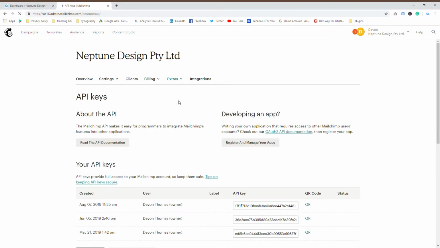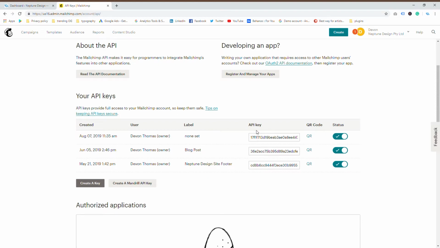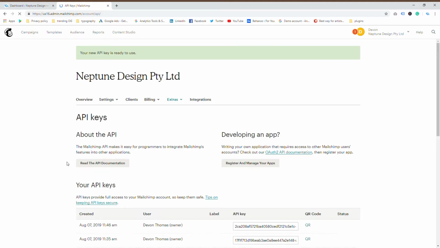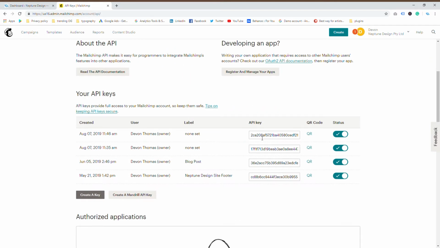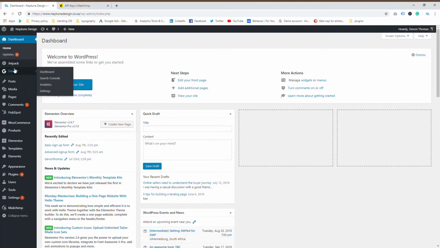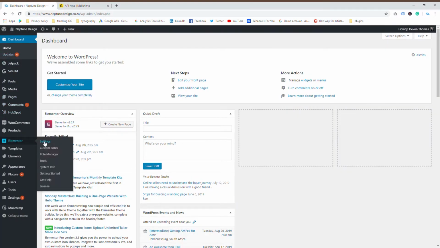Okay, now this will show you a whole lot of keys, or in your case you probably won't see any keys, so you're going to click on create a key. Once you create a key, it will give you a brand new API key, and what we're going to do is we're going to copy that API key, and we are going to go to Elementor, settings,